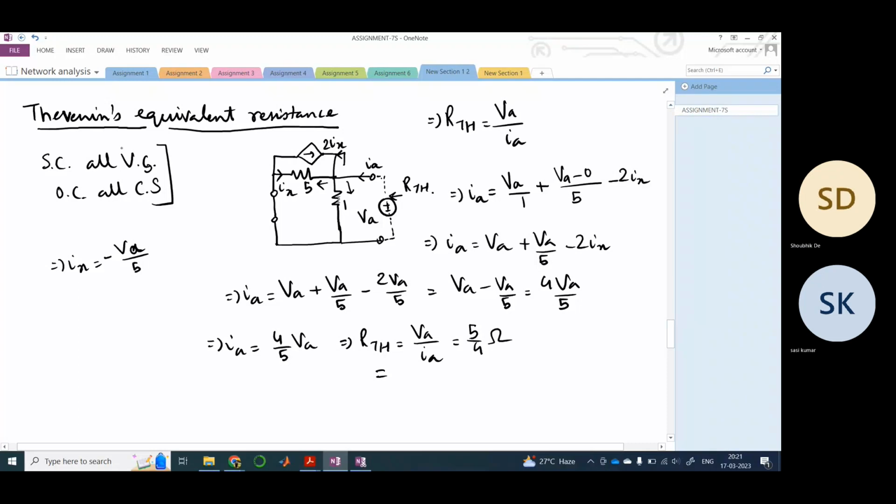While we are short circuiting or open circuiting voltage sources or current sources, these are independent sources, but these are dependent sources. You can't short circuit or open circuit them. So that is why what you need to do, you need to apply one voltage source here, an imaginary voltage source. So VA is an imaginary